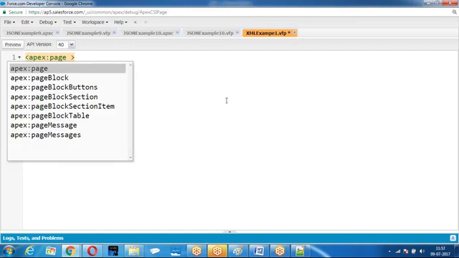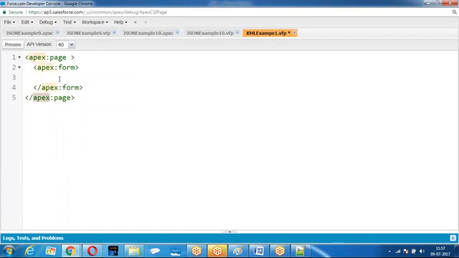Every opening element will have a corresponding closing element, and it is case sensitive. I give capital F here and small f there. So what is that giving? Boss, mismatching. Every opening node should have a closing node. You have opened with form F capital, but you are closing with small f. So it is giving an error message for you. Every opening node should have the equivalent corresponding closing node, and it is case sensitive.